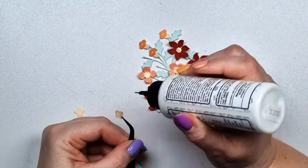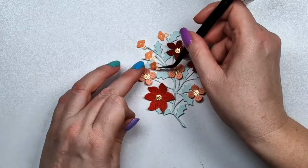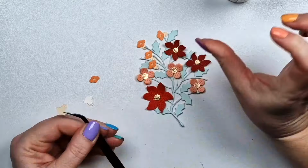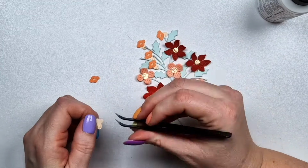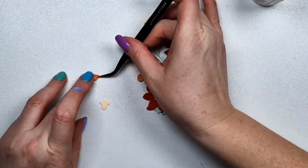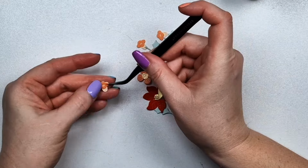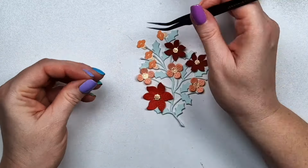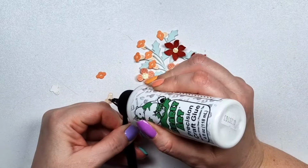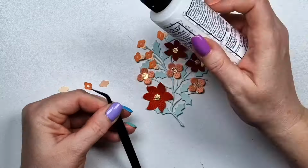You know me, I love enamel dots or pearls or whatever little embellishments, but I don't know why I went with this one. I guess I just like those little centers, or maybe I just die cut them from gold paper and then I went with them. Sometimes I don't like to think about what color enamel dots to use. So yeah, and then I went with the